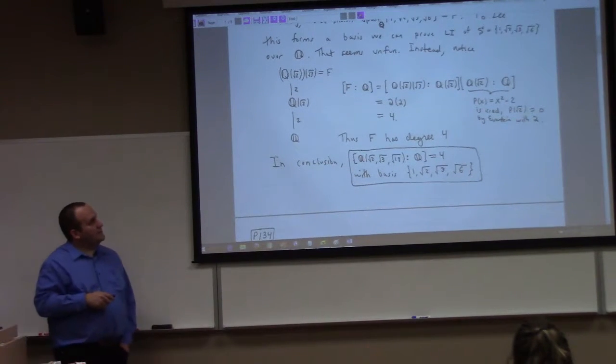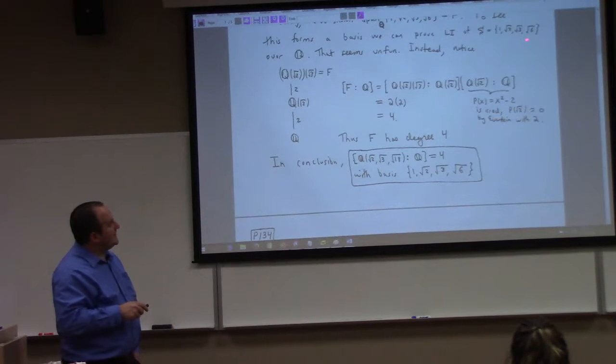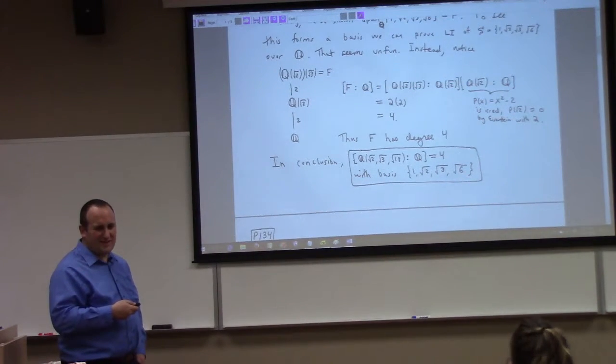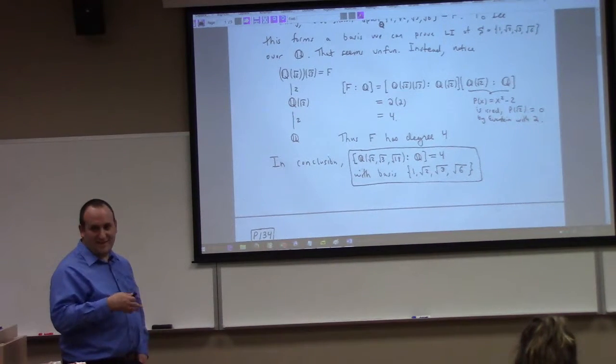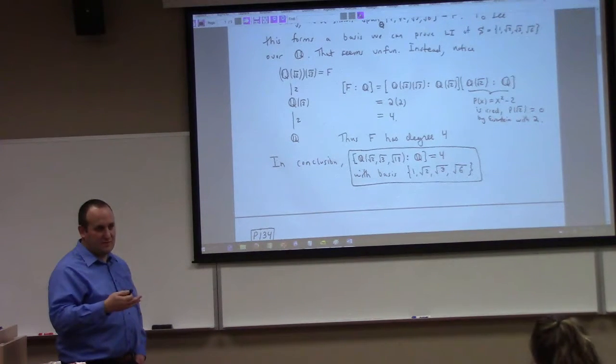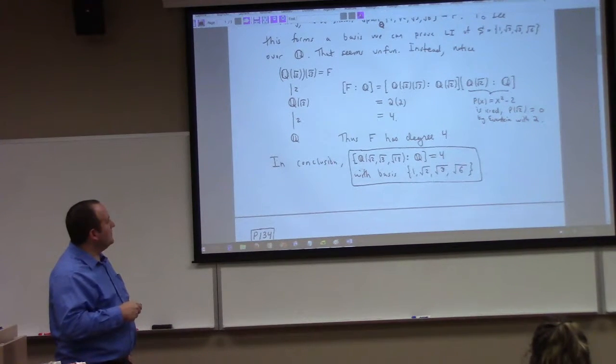I mean, all I have so far is that the set 1, root 2, root 3, root 6 forms a spanning set for the extension field, right? Now, I could try to prove linear independence of those directly, but no, I don't want to do that. That's Math 200. That's the same thing I was just skipping over, proving that you can't write the square root of 2 as a rational combination of the square root of 3, and the details of that are stuff we haven't really gotten into. So we want a different way, which is just to use this